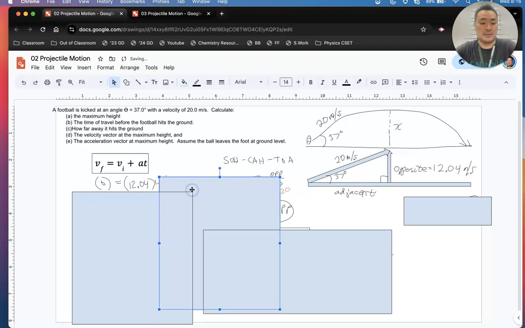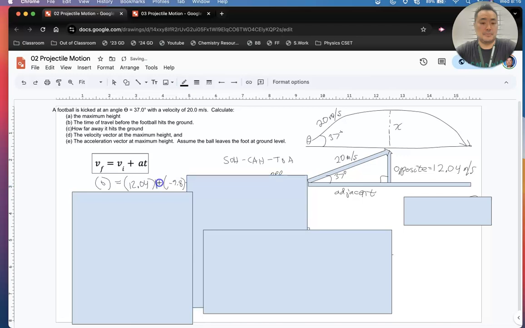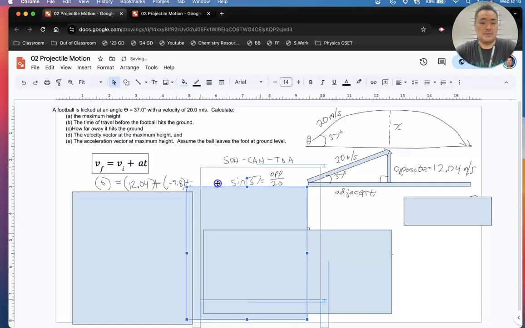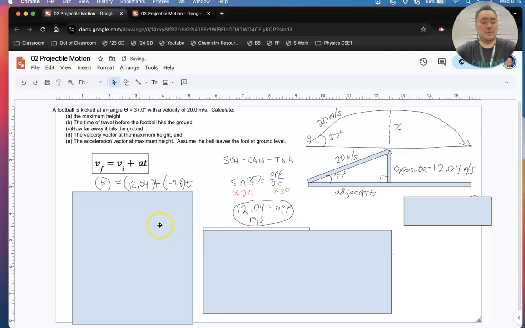A is acceleration, which is gravity, and gravity is always negative 9.8. This is a plus symbol. And it's multiplied to time. So if we find time, we will be able to plug it into a third equation to solve for the